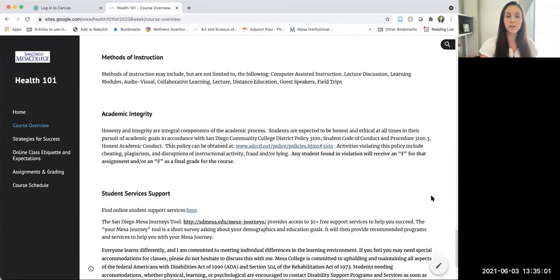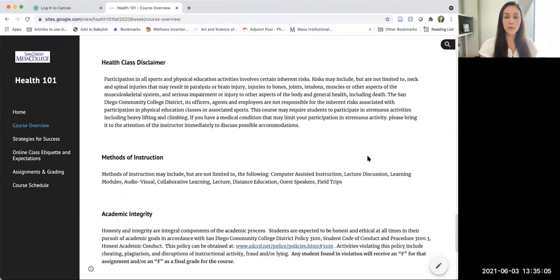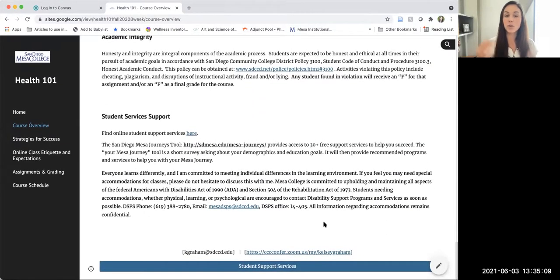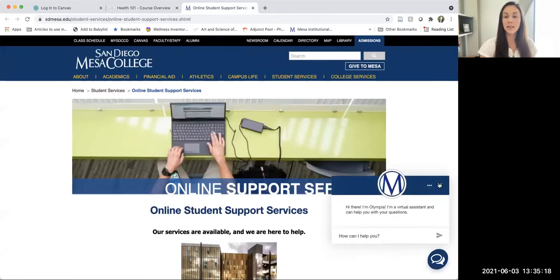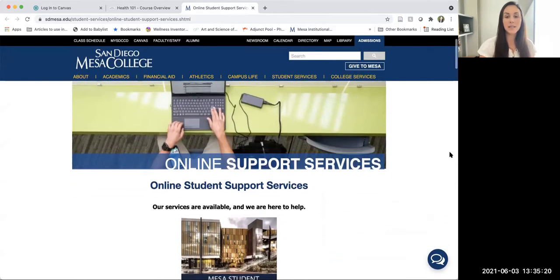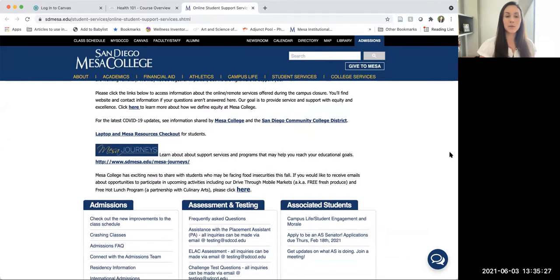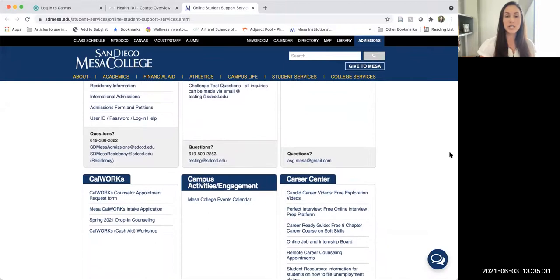Other kind of general information, info about academic integrity that's important here, disclaimer for any exercise or movements that we'll be doing, and then some useful information for student support services, disability services, anything else you might think you need to know. I'll take you to this web page really quick. Typically, you could access things on campus like counseling services or food insecurity services that are difficult to access right now while we're remote. So you can use that link to find information on everything you need, from admissions to